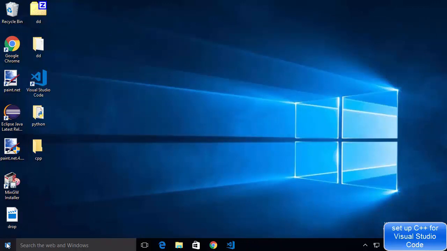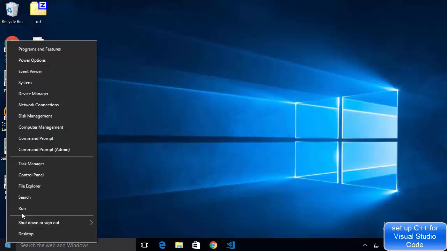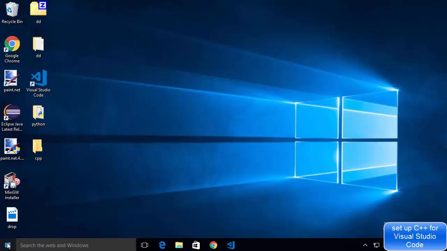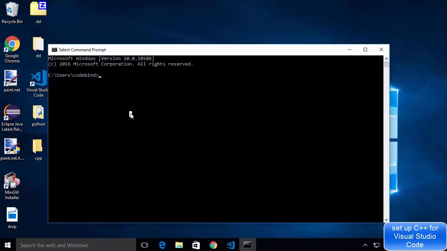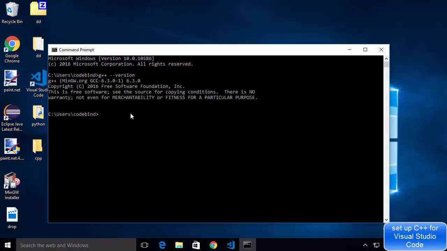Now the next step is to check whether MinGW is working. So I'm going to just open my command prompt. So right click on your Windows button once again and then just click command prompt, and in here we are going to check the version of G++. So just write g++ --version and then press enter, which is going to give you the version of G++. In our case we have installed GCC version 6.3.0-1, okay, basically it's 6.3.0. So G++ is working fine on our Windows operating system.